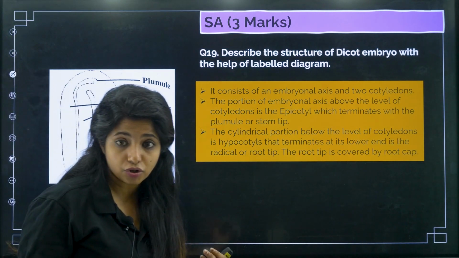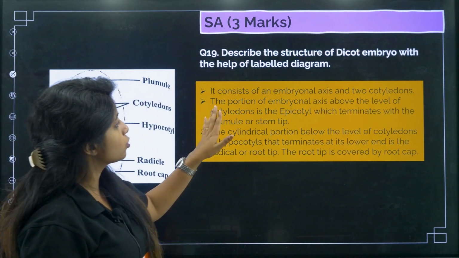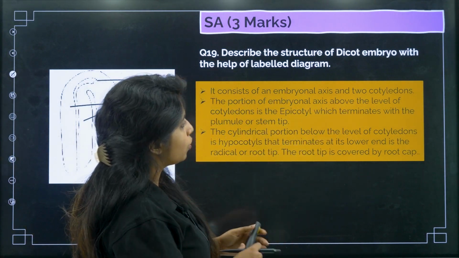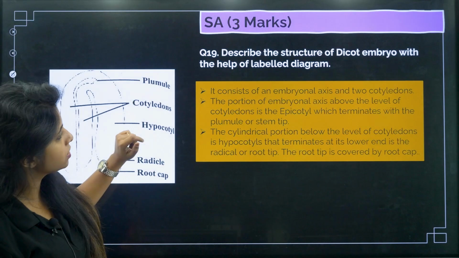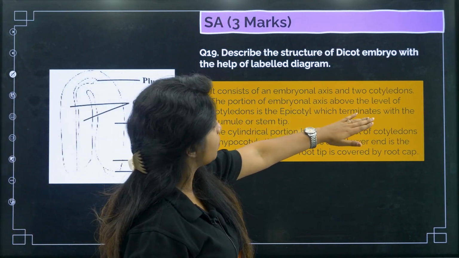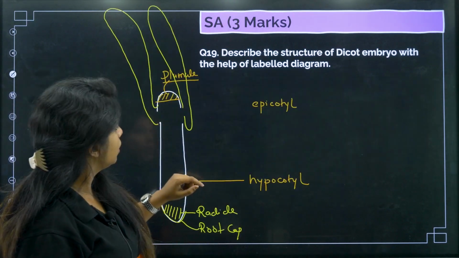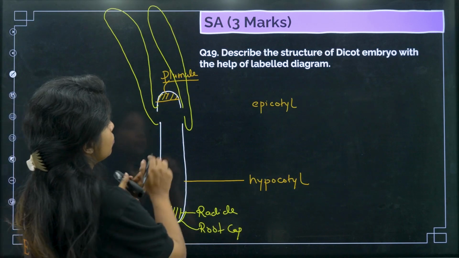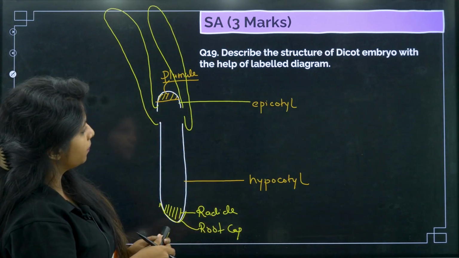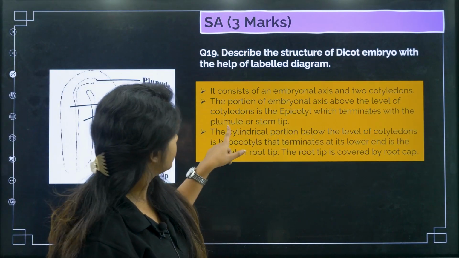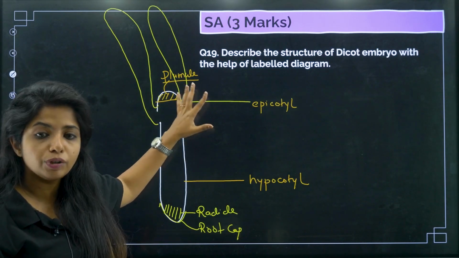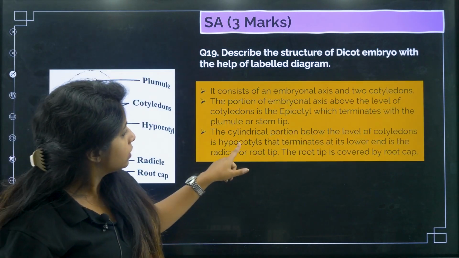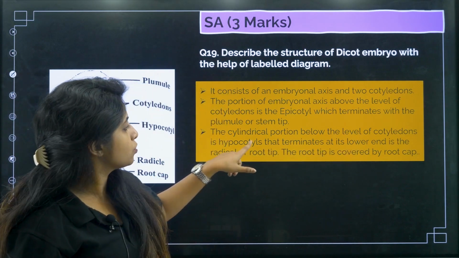And describe the structure. Okay, if you have to describe it also, it consists of an embryonal axis with 2 cotyledons. This is the embryonal axis with the 2 cotyledons, and then the portion of the embryonal axis above the level of cotyledons is known as epicotyl. The portion above the level of this is known as epicotyl, and which terminates with the plumule or the shoot tip. Now, the cylindrical portion below the level of cotyledons is known as hypocotyl,